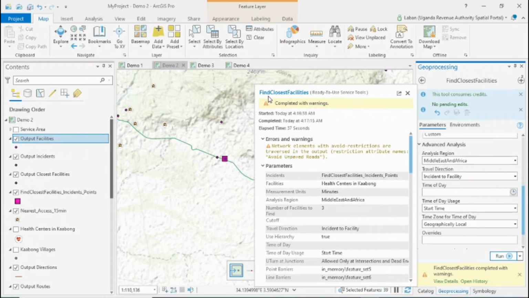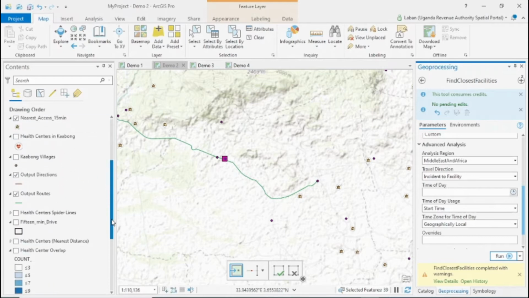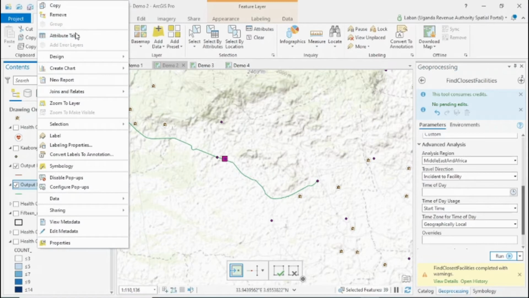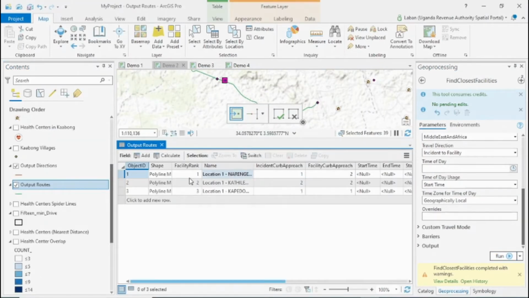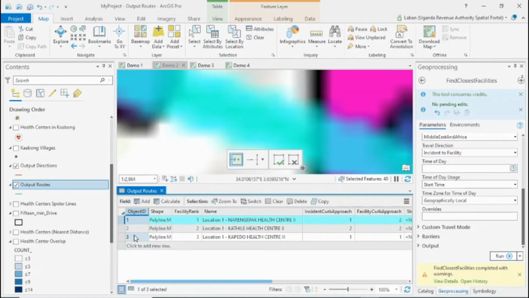Let's go ahead and find out the nearest facility. So I'm going to pick those output routes. I need to open a table. You can see the facility rank. So the closest facility is actually Renge Park Health Center. And the second closest facility is Katile Health Center. Third is Kaped. So clicking on this and actually zooming,